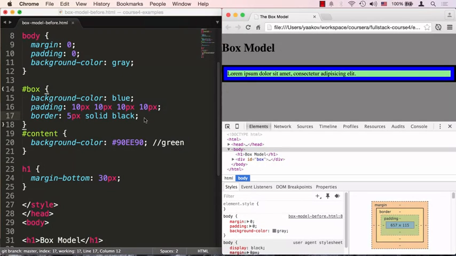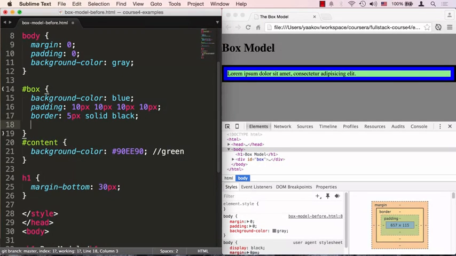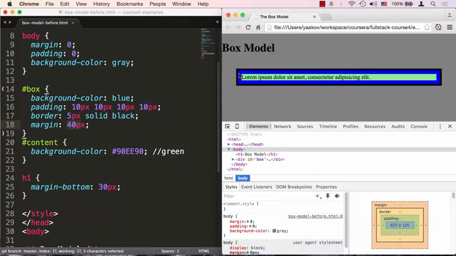Okay, and then last but not least, let's give it some margins as well. Let's go to margin and use the shortcut notation, which is giving 40 pixels, which means I'm saying I want 40 pixels all around. So top, right, bottom, and left. If I refresh that, you could see now there's 40 pixels on every side, or you could see it on the bottom per se,